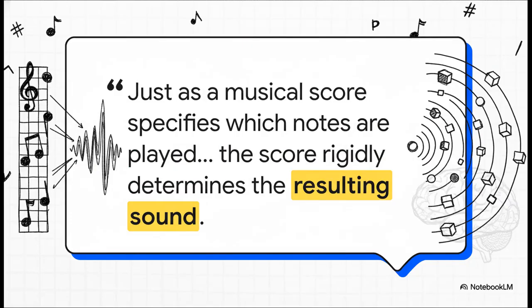Here's the best way to think about it. Our language is like a musical score, and grammar, that's the structure. It's the notes, the timing, the harmony. And just like with music, that score pretty much rigidly determines the sound that we perceive as meaning. This one idea is going to be our guide as we break all this down.